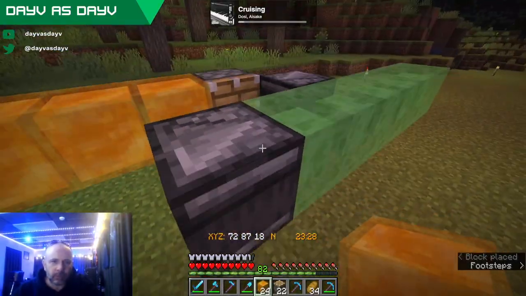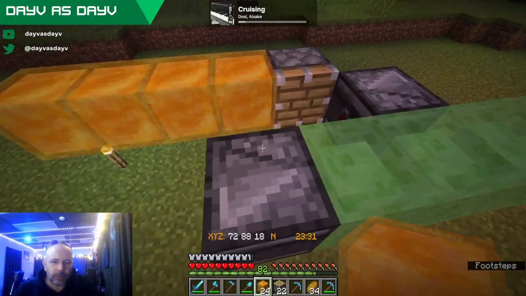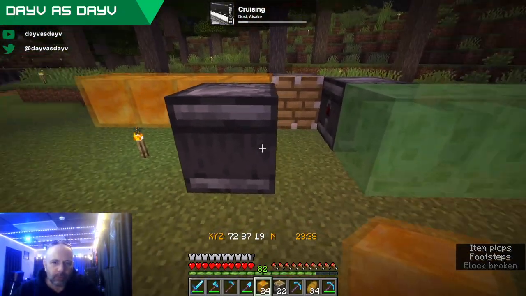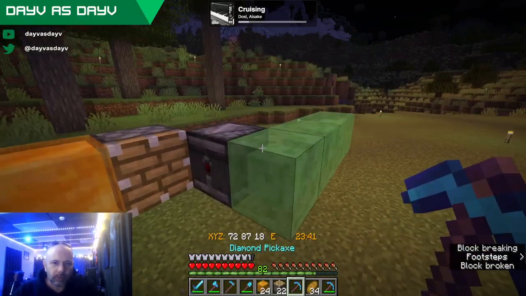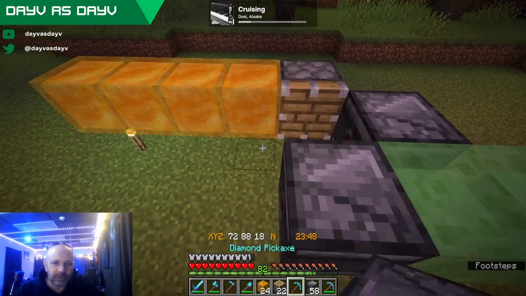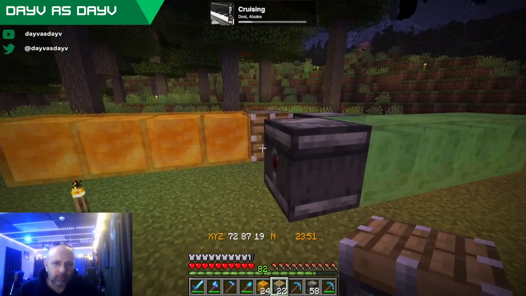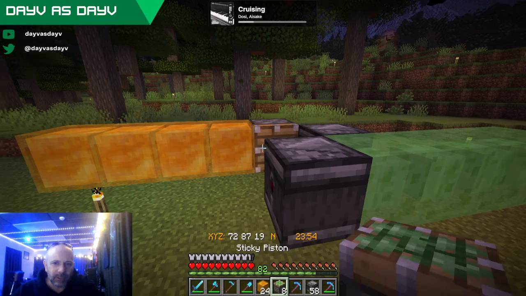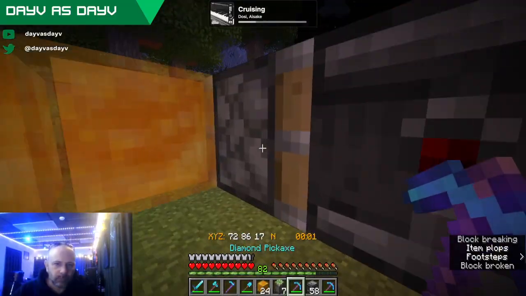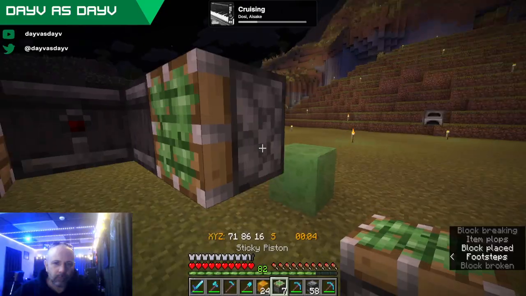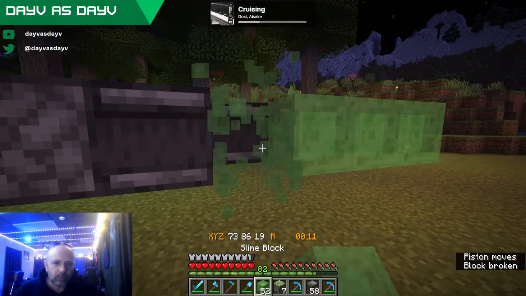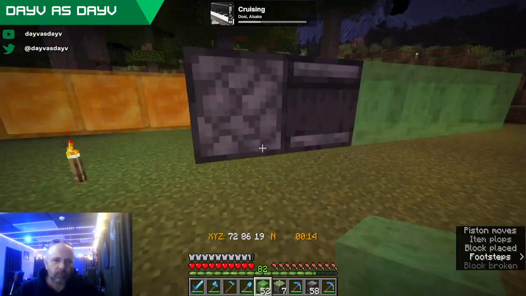Right. If we do the same thing over there, we're going to put an observer here then, maybe. Going this way. Power piston here. This one might need to be sticky. Pull it. That's right. Oh, not there. Didn't pull it.